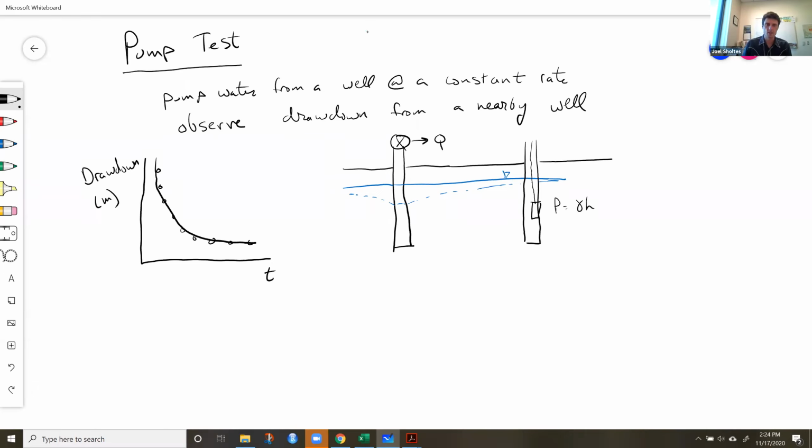And so we can go back to similar equations that we looked at previously to estimate things like hydraulic conductivity based on this curve and the slope of this curve. You fit a line to it and put that line into a hydraulic equation. So for a pump test to work, we need relatively high hydraulic conductivities. What kind of aquifers have relatively high hydraulic conductivities? What kind of media are we talking about here?